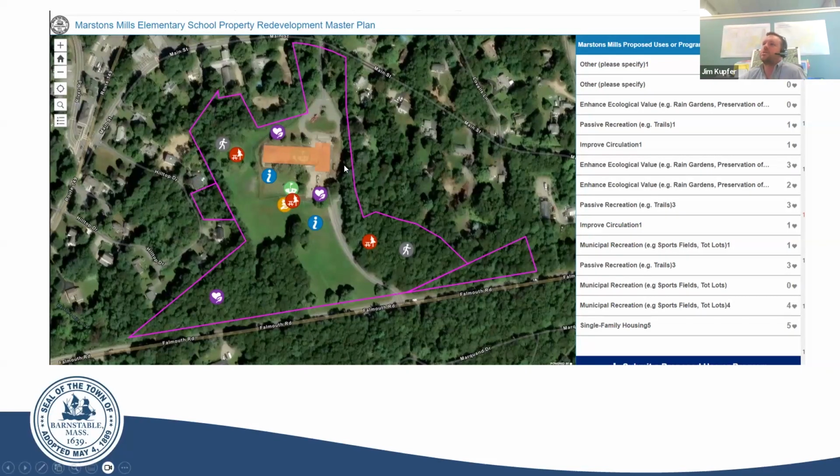What you can do, the interactive tool lets you drop a little dot on the map, and you can associate a type of use that may be already developed out. You can also add other uses that you're thinking about. And if you see a use that's already there, you can like that as well. And we can build out this platform so we can understand the uses that are of interest to our village and our community.